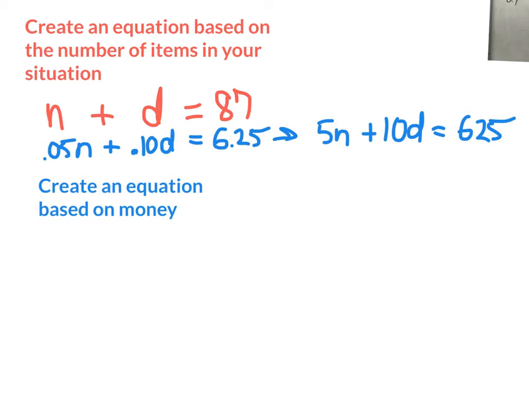Let's go with N's. So I'm going to cancel out this N, which is a 1N. I need it to cancel with the 5N. So what am I going to multiply that top equation by to get it to cancel with the positive 5N? A negative 5. Thank you. So when I distribute to each and every term, I'm going to have a negative 5N. I'm going to have a negative 5D. And I'm going to have a negative